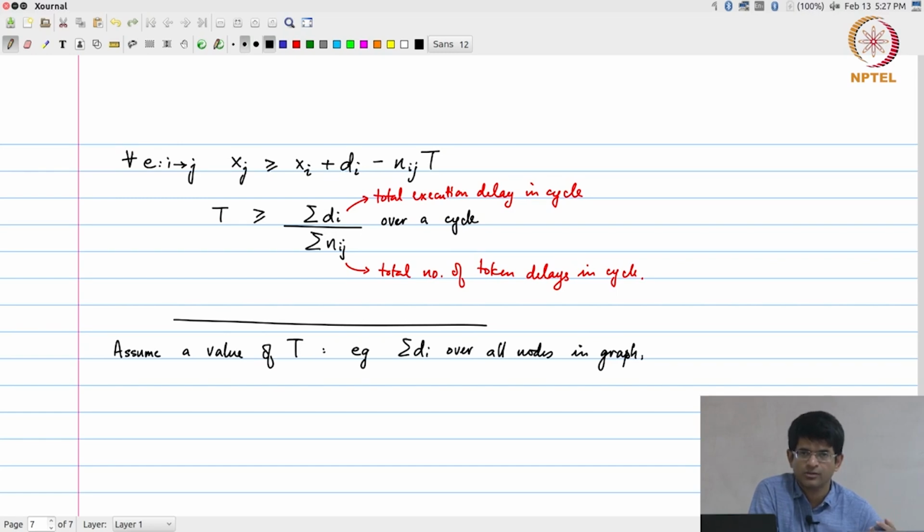As long as my clock period is large enough, in other words, as long as I operate my circuit slowly enough, I will never run into a problem in terms of timing. Okay. So choosing a large value of t to start with is always safe, and then I can go through